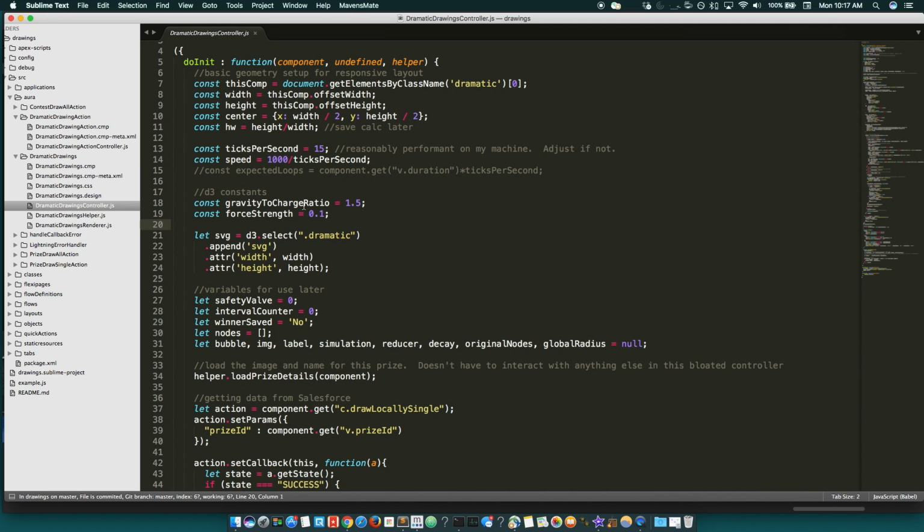And then there's two other constants for the gravity to charge ratio. Gravity is going to pull everything towards the center, and if that number is too high, then all the bubbles just collapse on each other. And then force strength is the aggressiveness of the animation. So if this number is turned up too high, the bubbles get really, really busy trying to find the